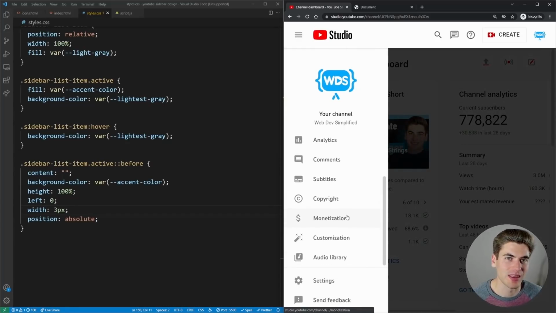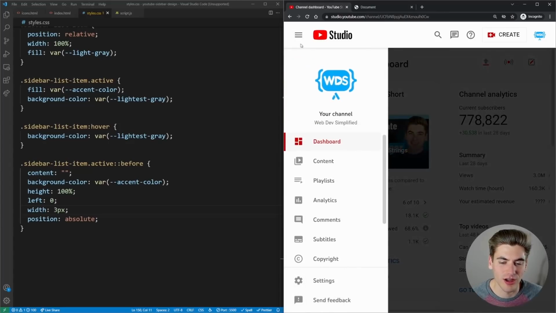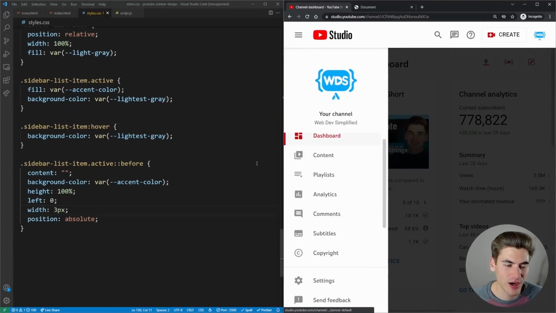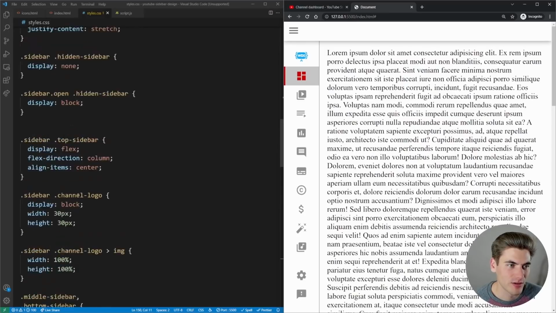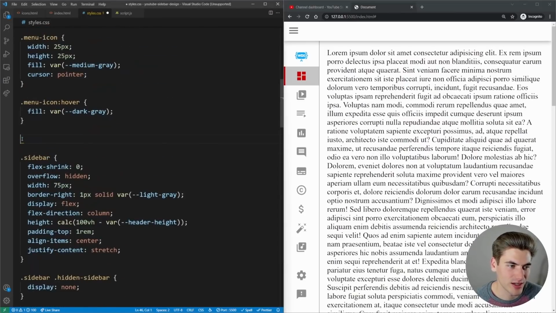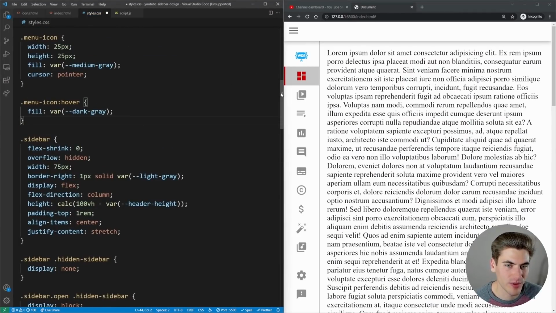And then of course, making the animation work, which is going to be, I think, pretty tricky because there's a lot of interesting things going on in that animation. Let's take a look at how we would make the full sidebar work. We just go all the way up to our sidebar where we have our sidebar open class. I'm just going to copy this. I'm going to bring it all the way down to the bottom so we can work with this